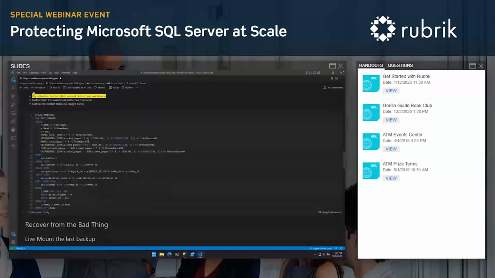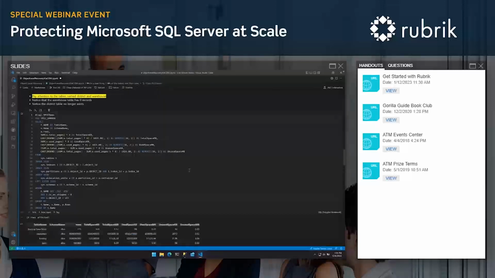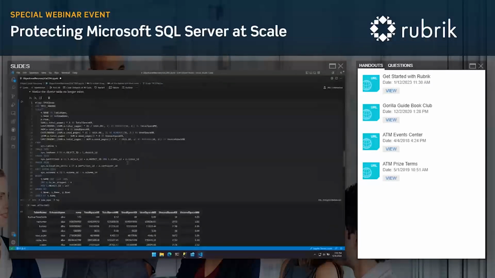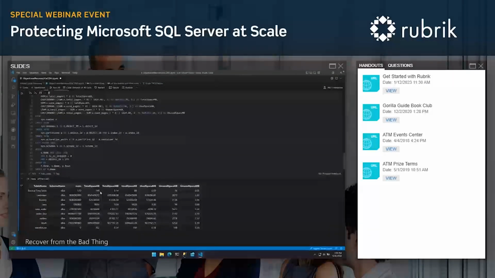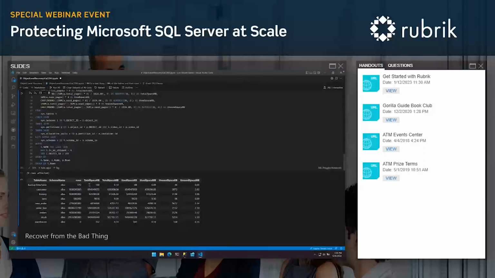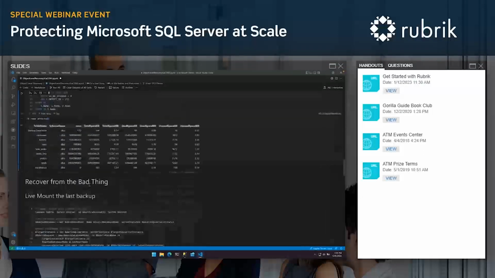So now let's go look at that environment now. Again, we're going to list out the tables, and we're going to see what's out there. Again, pay attention to district and warehouse. We'll notice that the warehouse table is now empty, and there's no district table. So you can see that we actually did those particular commands. Let's go recover from those bad events.